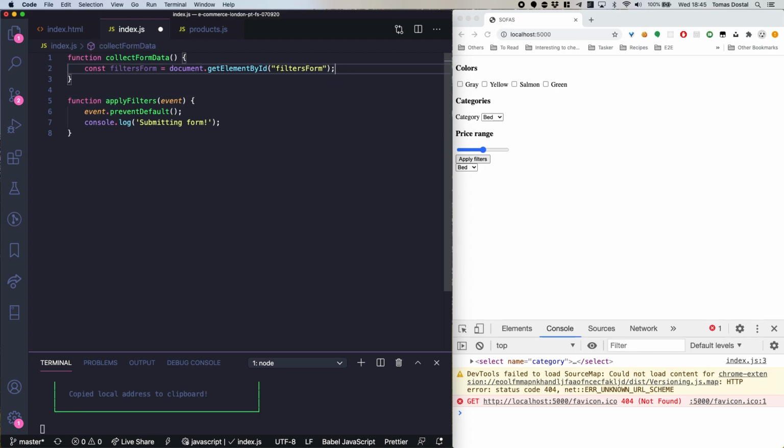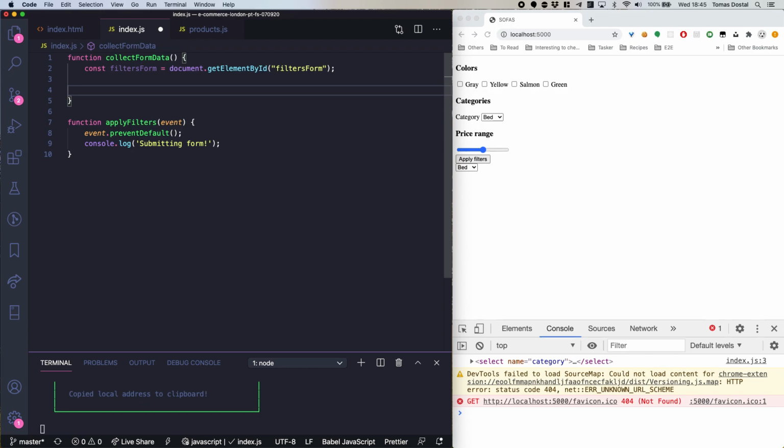Yeah, but we can. I will show you, as you develop something, you refactor a lot, which basically means you iterate through your code and you're changing it to a better architecture or something else. So I can show you some differences from this approach to the next approach a little bit later. So I'm going to leave it like this on purpose, and then I will show you what else you could do with that. So now we have the filters form, and now we just need to collect all the data